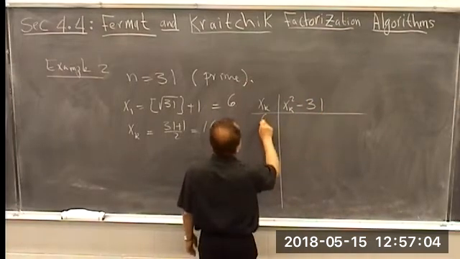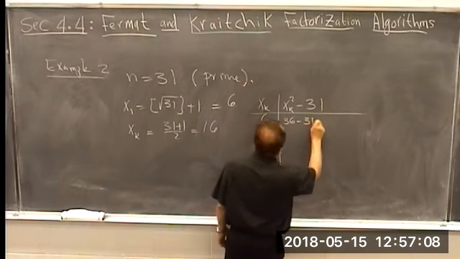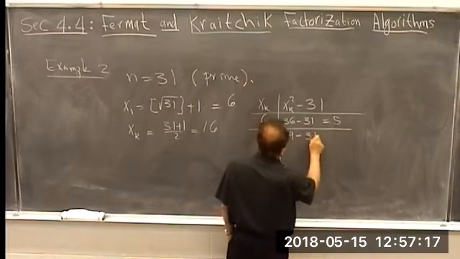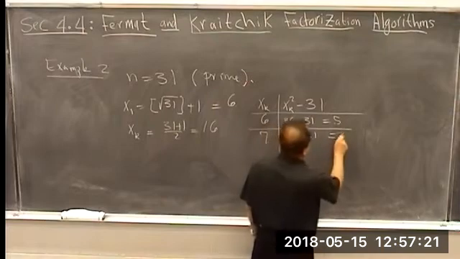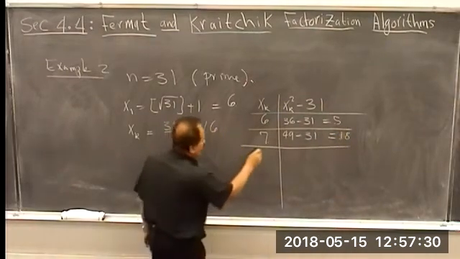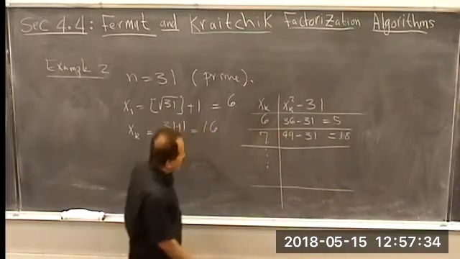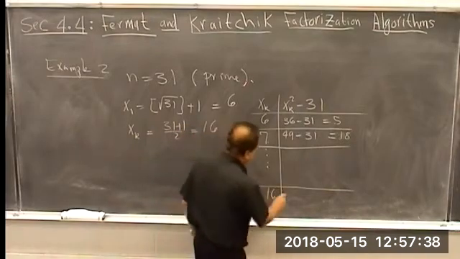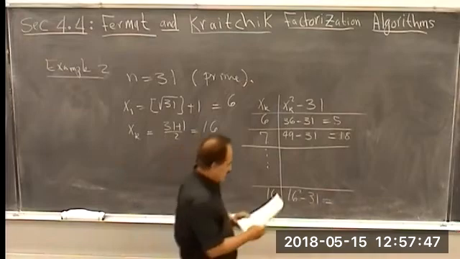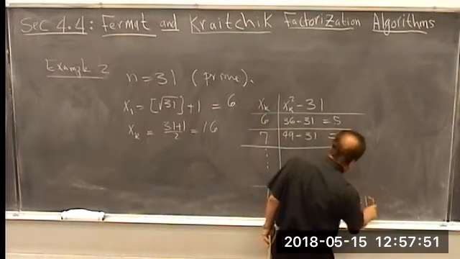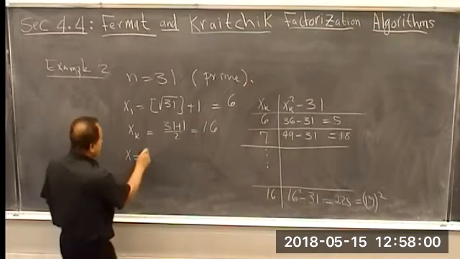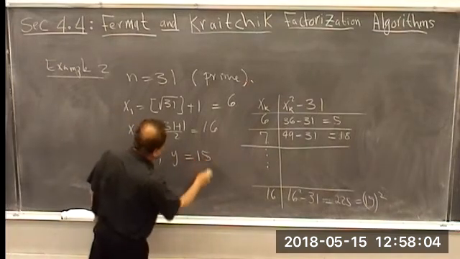All right, so we start with 6, and so this is 36 minus 31, and this is 5. Let's go with 7, and this is 49 minus 31, and this is 18. Of course, I don't want to go through all of these, but you're going to get the square when you reach 16. So this is 16 squared minus 31, and this happens to be equal to 225, and this is 15 squared. And so we take x equal to 16, and y equal to 15, and we have